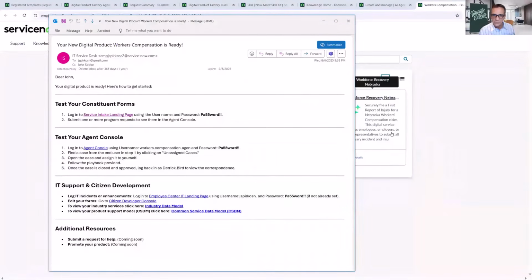So I can go ahead and run these forms. And I've done that before. I'm not going to do it today. The other thing it does is gives you an agent login. So the agent can go interact with the services that were built by AI or the services that were built by the template. So all those are live, but this is the agent that has all the right permissions to go in and